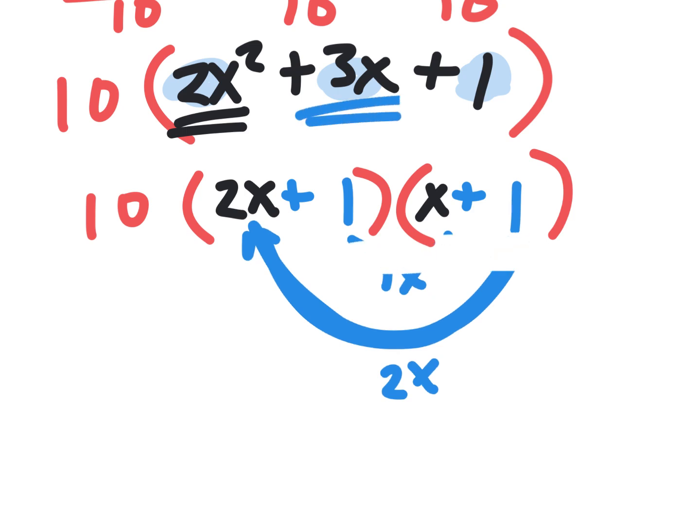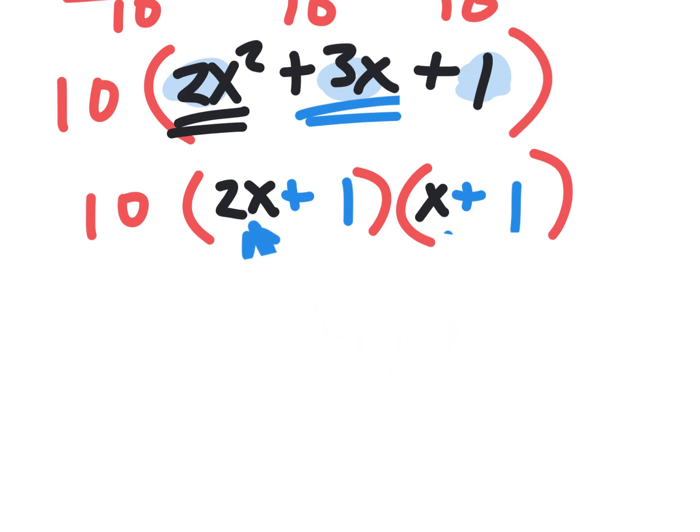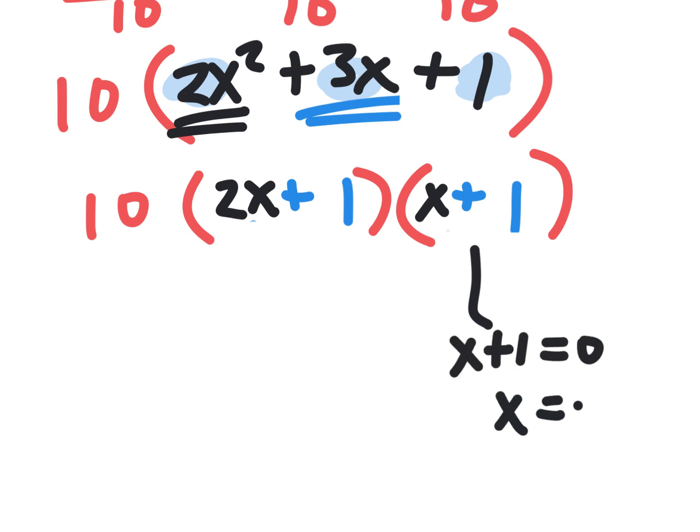And then if they really wanted to make this a beast problem, they wouldn't have said factor. They would have said solve, which just means one more little thing. That has to equal 0. X plus 1 has to equal 0, so x equals negative 1. And this has to equal 0. Everybody please solve that last one. And that is as bad as they could possibly get